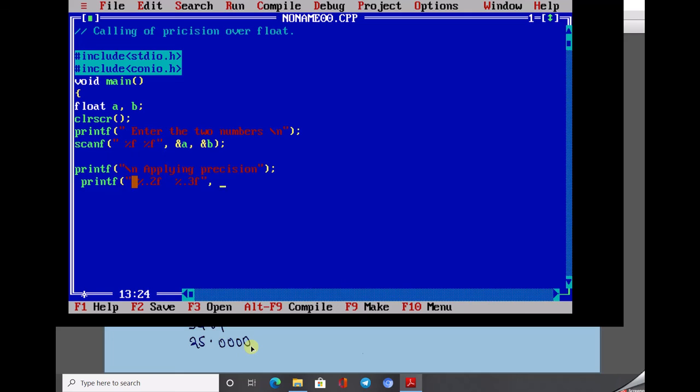In the case of the printf function, if I want to display the value, so what is the writing style? Output of this format specifier of that variable. Which variable? A comma B. You have to be checked in the previous lecture during the printf function. If we want to display any statement, then we can just write in this format. But if we want to display the value of any variables, then we can use this format specifier.